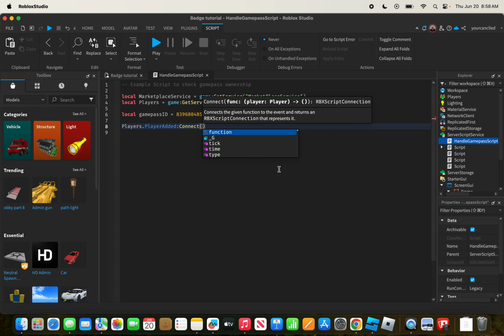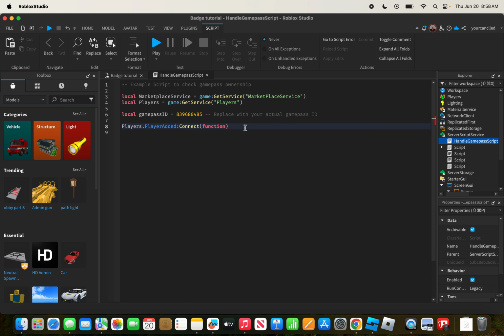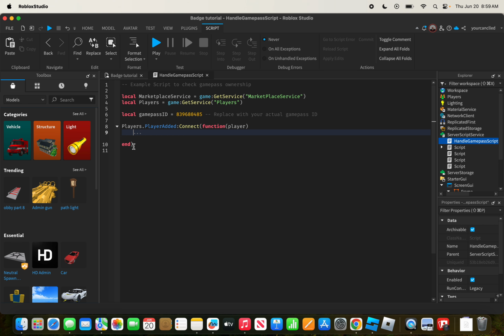So make sure to add function, and then add player, and then after that, don't add end, because we're not done yet. And then if marketplace service